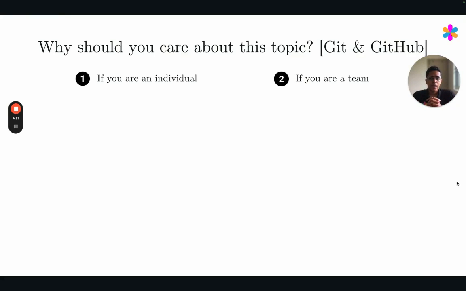And I have seen from my experience that whether you are an individual or whether you are working as part of the team, at some point you will feel the need for having a system for taking care of, let's say you are working on a set of documents, taking care of the different versions of the document, somehow documenting all the different changes you made in the past, or taking care of the fact that you and your colleagues are making edits on the exact same document at the same time. So all of this, how do you take care of this?